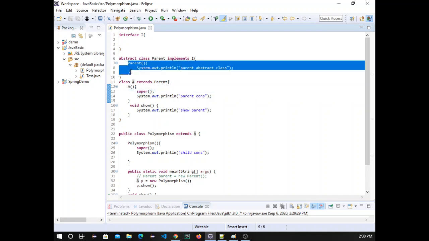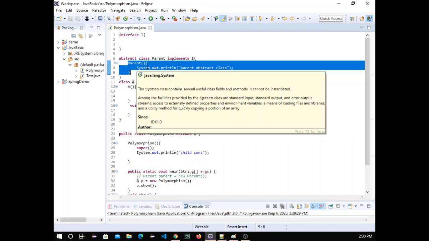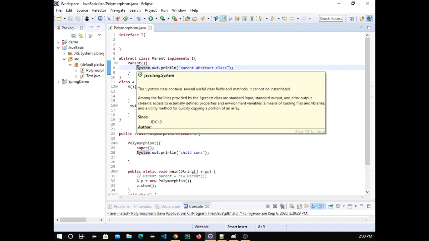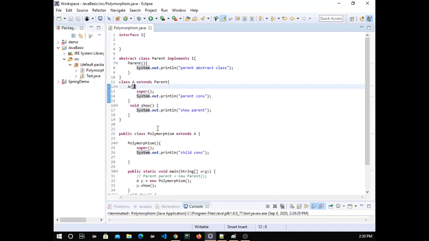So this one got called, and the first line of this class automatically, whether you write it or not, doesn't matter, will call Object. Then Object will complete its execution. Then this will complete its execution. Then this will complete its execution, and so on. So why are we writing this code?